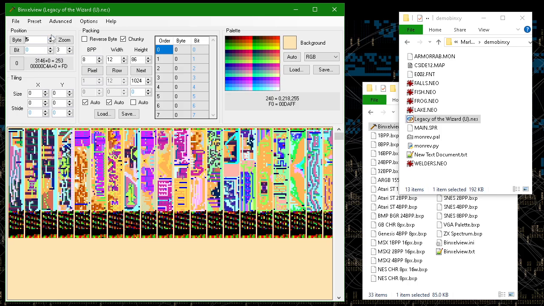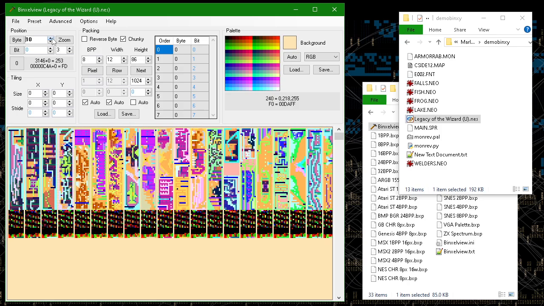The other thing is we want to align it. So is this where we want? Actually, yeah, that looks good. So that's it. And you'll notice that if you've played Legacy of the Wizard, you might start to recognize details in this room, like this room with a fish shape in it.